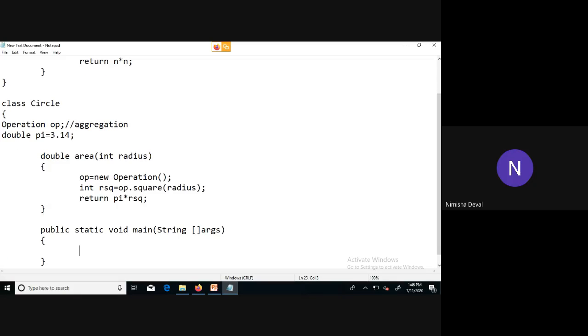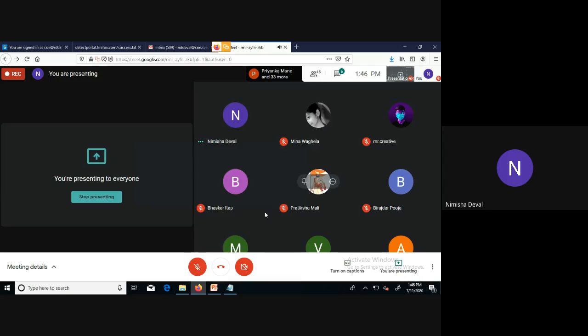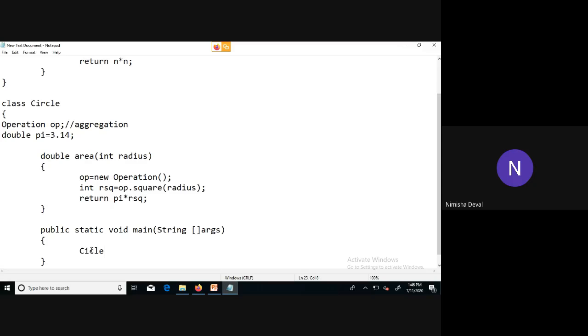now what you have to do over here, you have to create an object of the Circle class. Suppose I have created the object as c1. In that, okay, then we have to access the value first. Means we have to access this square class, sorry, square method in our program. So first I will use one variable to store